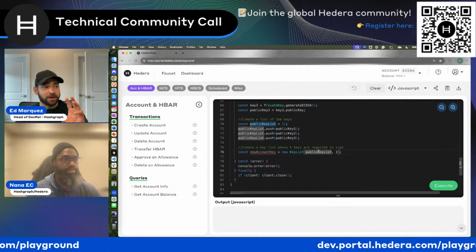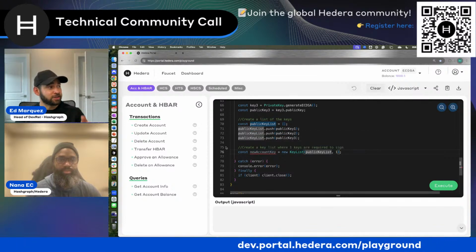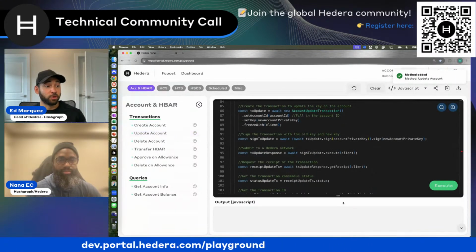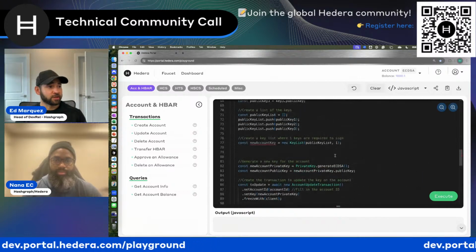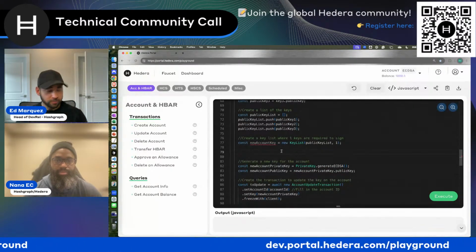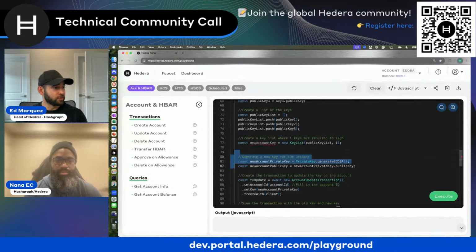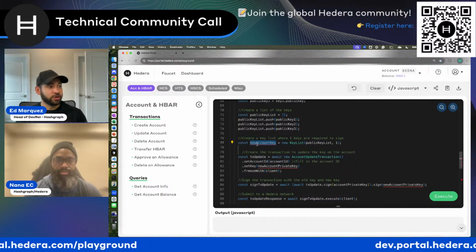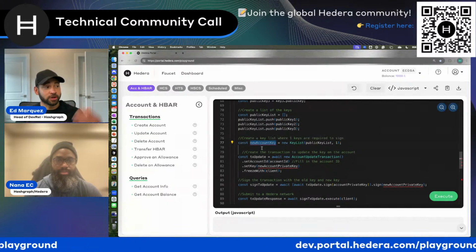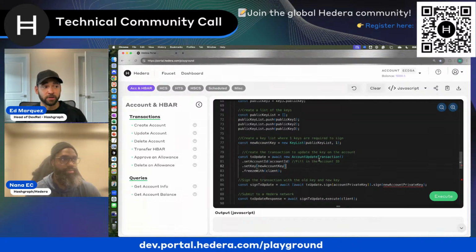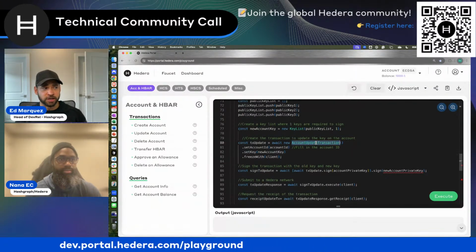So now that we have that array of keys or that key list, let's update the account so that it becomes multi-sig. In this case, what we said in the comment is, let's just make 1 out of 3 keys sign. And so we can get rid of this code since we already have our keys. And one little change that we have to do here is we have to make sure that this new account key that we created gets specified as the account that we're going to pass in the account update transaction.